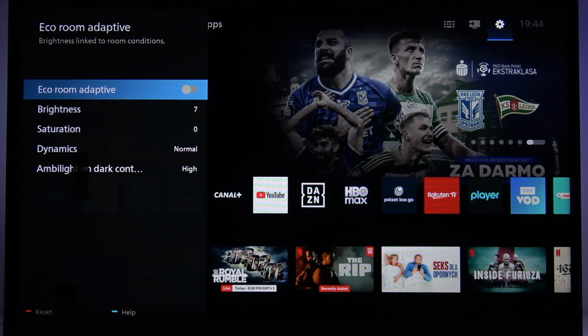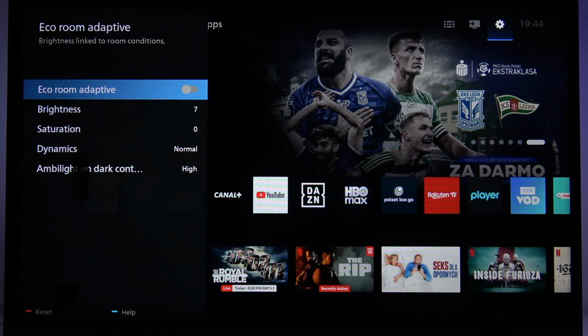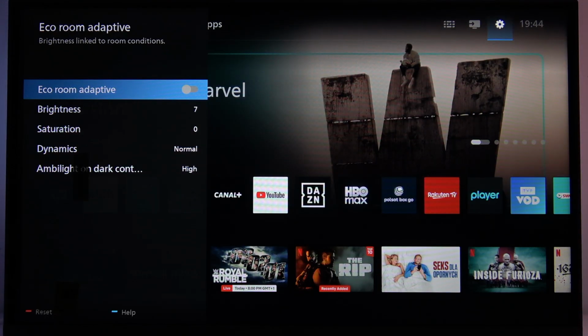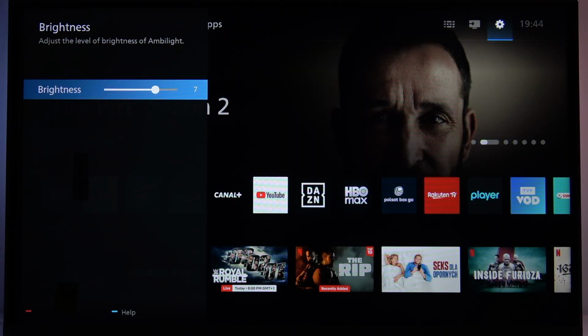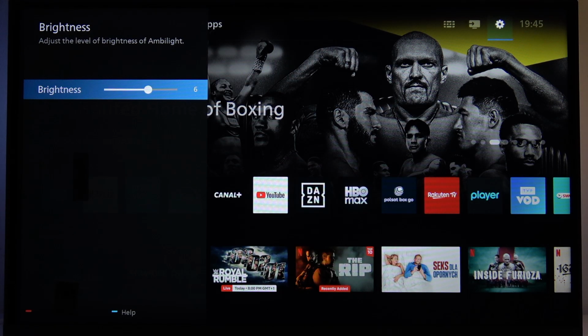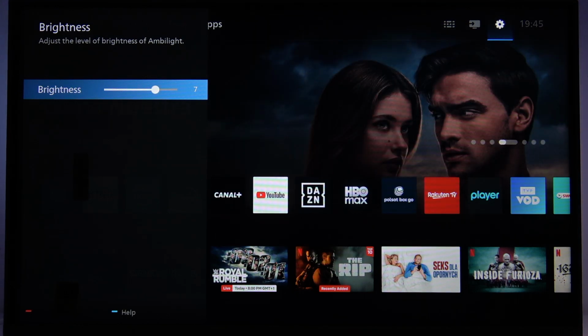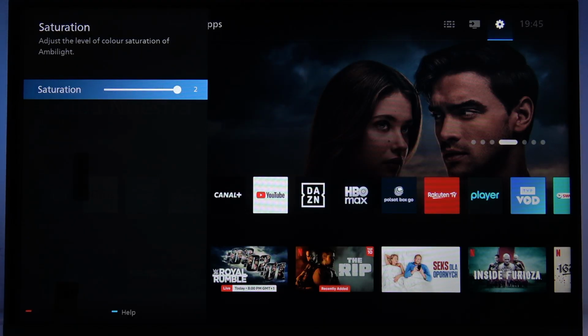Now if you disable automatic brightness adjustment, which basically is the EcoRoom adaptive feature, you'll be able to adjust brightness manually using this leveler, where you can use the left and right arrow keys on your D-pad to adjust the brightness level. You can also change the saturation, so the